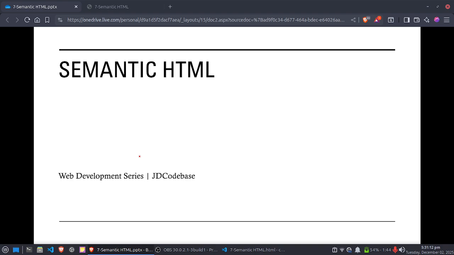Today we are going to talk about something that makes your HTML cleaner and much more meaningful. This is semantic HTML. You might have heard this term many times, but today you will understand what it actually means and how to